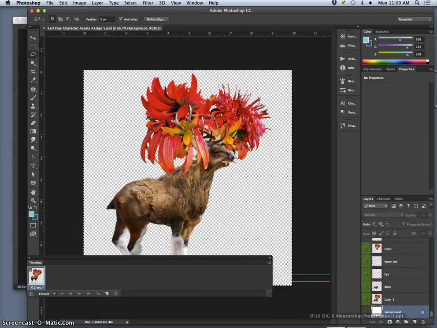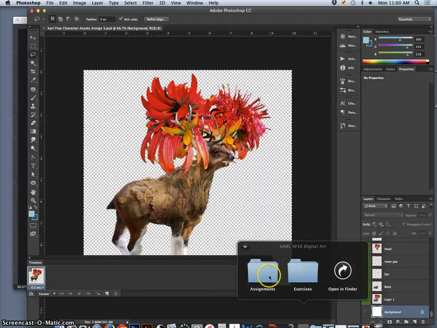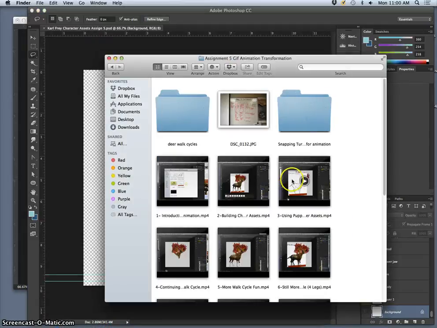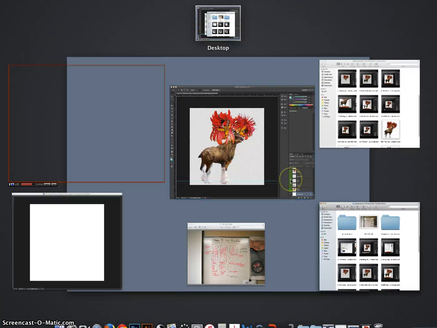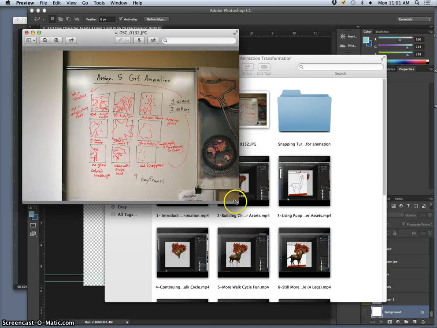And now I want to bring in the background and see what I want to animate with that. So it's all about organization and kind of sticking to your plan. I'm remembering, let's see, do I have it? Yes, I'm remembering my storyboard. And what I've done so far for my storyboard